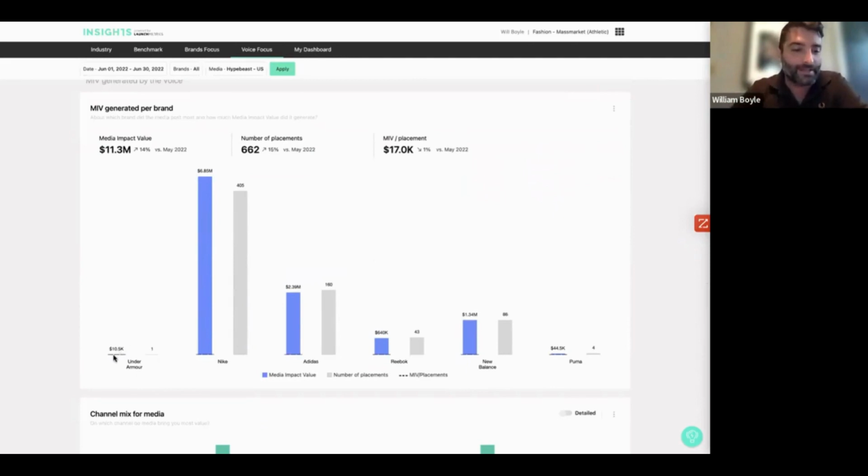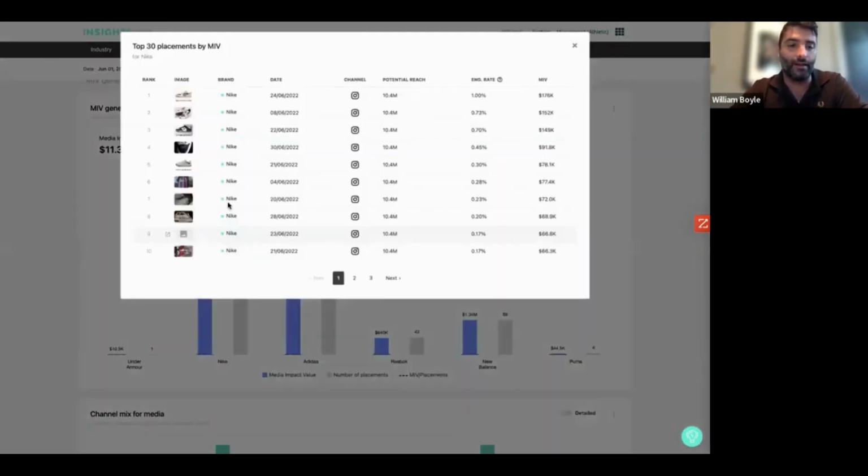In this case, they have one placement for Under Armour, earning them 10K, whereas for Nike, they've mentioned them in this month alone 405 times, earning them about 6.8 million in media impact value. I can click through and see those exact posts and understand what channel they were posted on and what type of content it was, right?